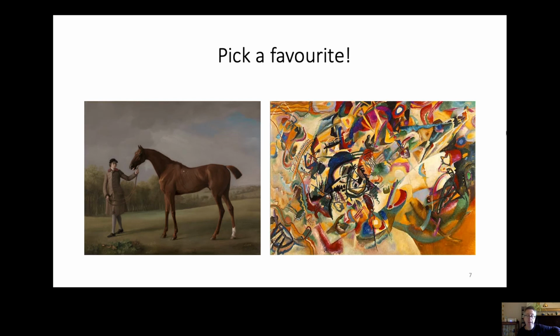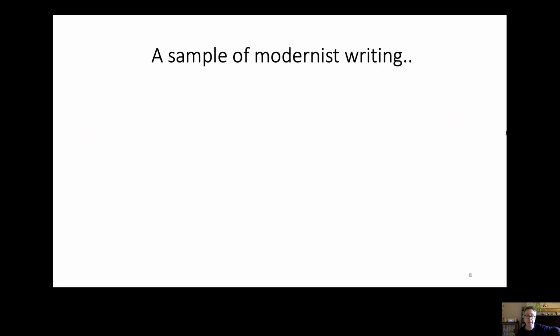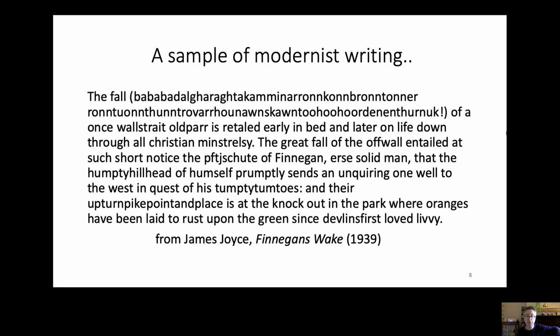Because this is what the most experimental modernist writers were trying to achieve. So here is an example of modernist writing. This is just an excerpt from the first page of James Joyce's monumental experimental novel, Finnegans Wake. I'm not going to read this out to you, and it will become clear why as you cast your eyes over these words. So just take a moment, perhaps to pause the recording and just to read this excerpt to yourself.